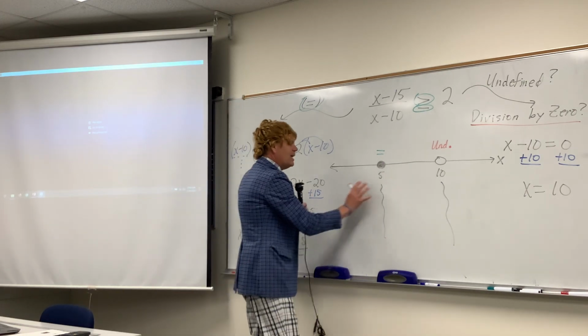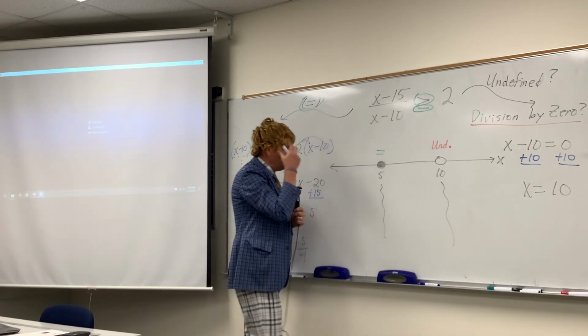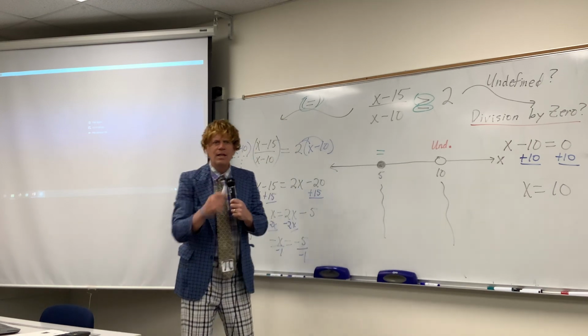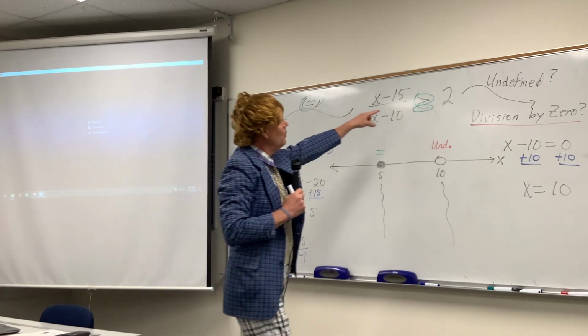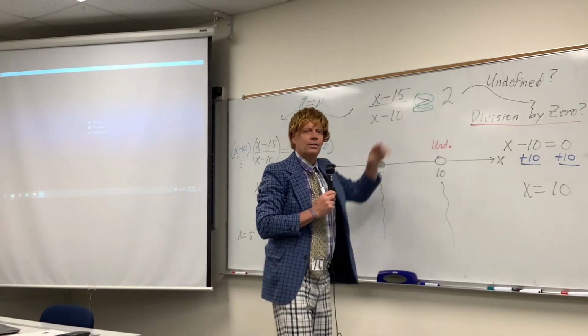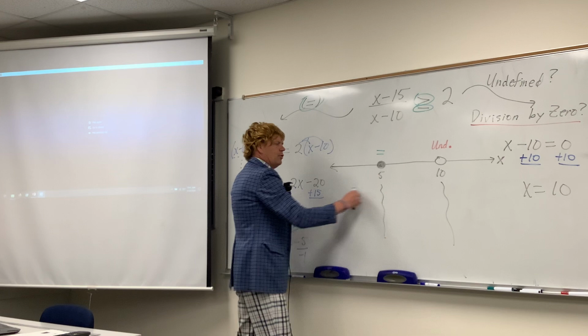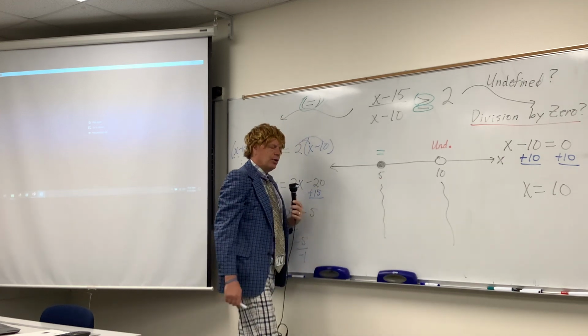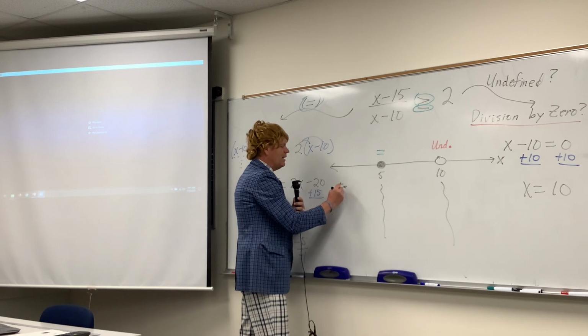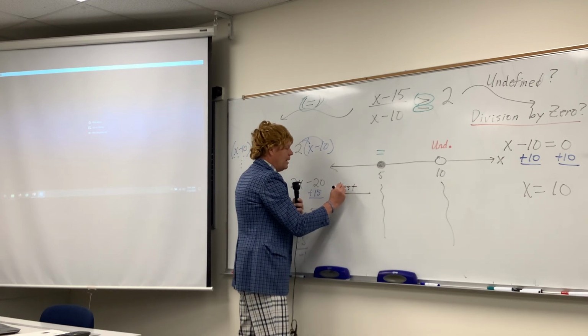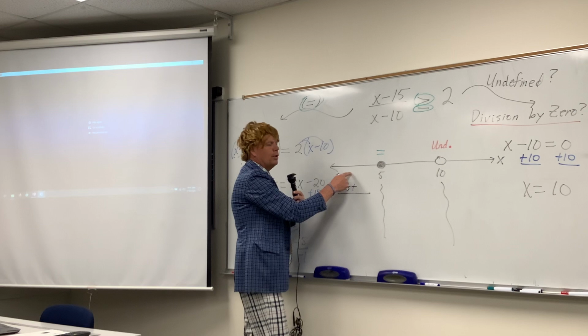So, we have 3 intervals here, 3 neighborhoods, and we need to go on a date with a number in each of these neighborhoods to see which of these numbers would give us the greater than relationship that the fraction desires. So, from left to right, let's go through these neighborhoods. Our first contestant is a number that lives below 5. Please welcome to the show,